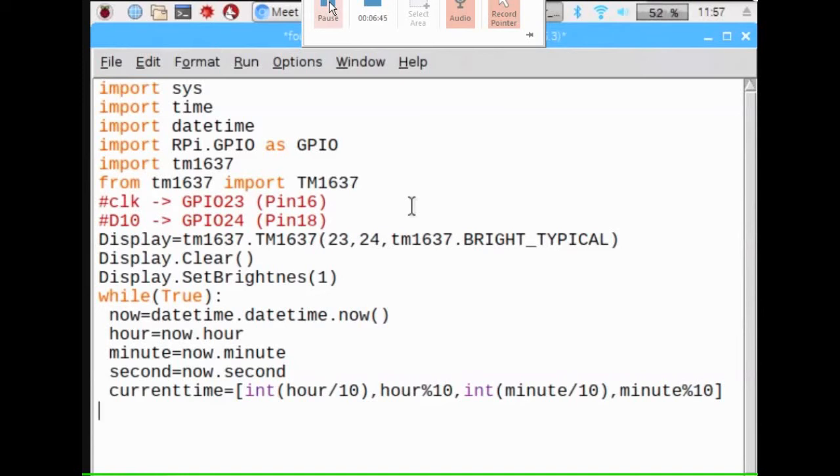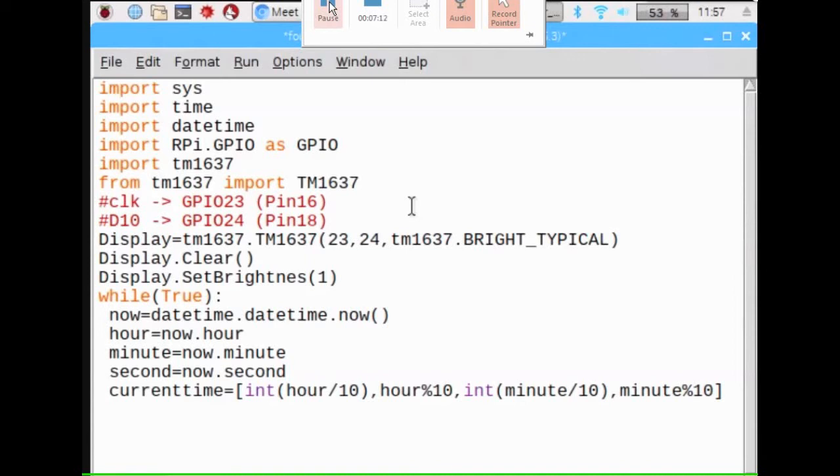So current time is equal to square bracket open, int of hour divided by 10, that is whatever number is generated, it is divided by 10, so that the integer value will be displayed. Then hour modulo 10, that is to represent the remainder from the hour.